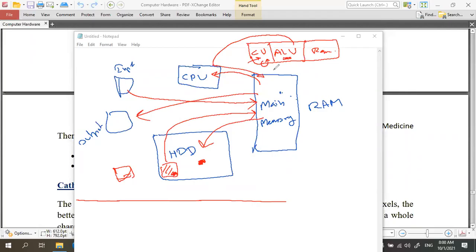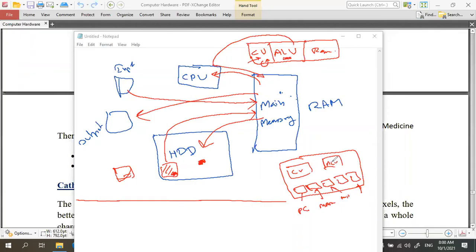So these registers and the L1 cache are the same? No. It is something like this. When the CPU is going to execute an instruction, there are some registers here. In the registers, there is a program counter, memory address register, MAR, and memory buffer register, and like that there are several registers, right? So what happens here?